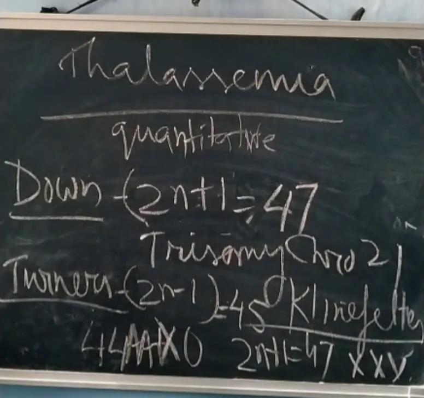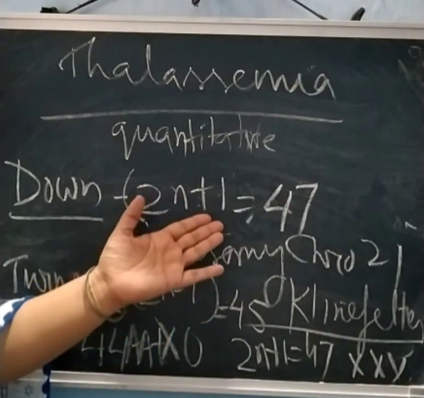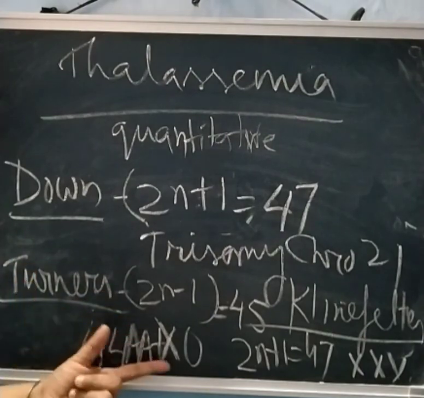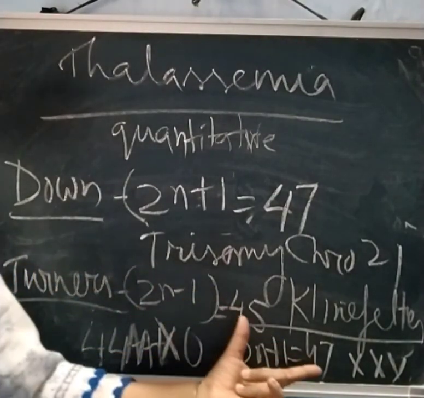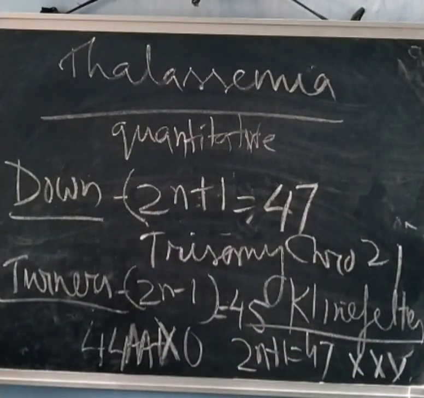So this way different types of chromosomal disorders are seen because of mutation, and these are aneuploids. Here one chromosome in chromosome number 21 is extra, which causes Down syndrome. In Turner syndrome, one X is missing, giving a 45 chromosome complement, and in Klinefelter syndrome, XXY, one X is extra in a male. So this is the way genetic disorders are discussed.